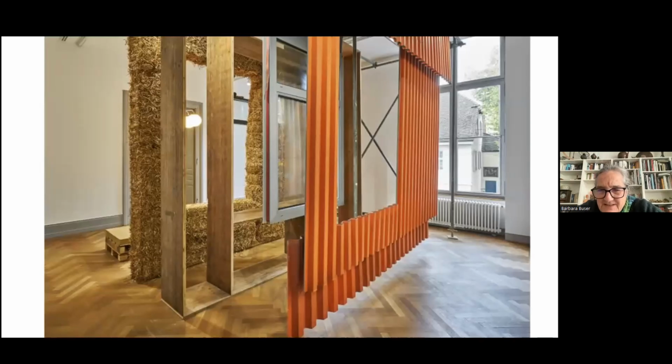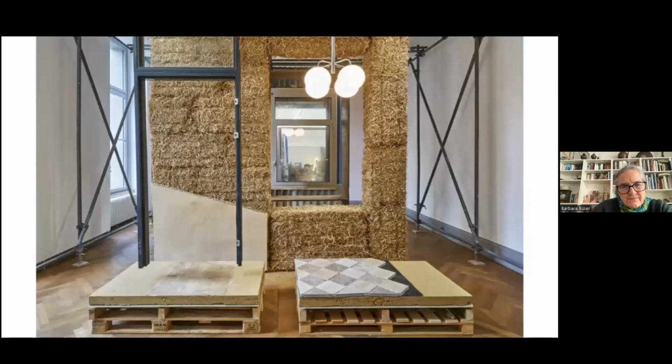You recognize the orange metal sheets, then the aluminum windows. Then we used some even finer old timber, and we isolated the whole thing with straw. From the inside, you see the straw, which will be covered by clay plastering, and even the floor we wanted to make with clay.